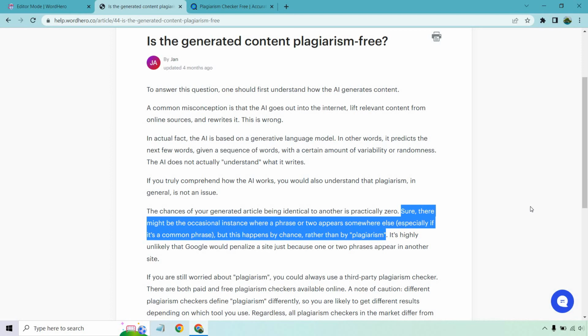Heck, this might even happen when you write it and not even realizing that it's going to be a similar phrase elsewhere. That doesn't mean you plagiarize it. It's just happened to be, like we talked about, a common phrase, which can come up in some of the plagiarism checkers. Overall, this is a great article. I think I summed that up a few times. And so if you're worrying about that, rest assured that AI is going to be great when it comes to creating high quality content, especially with WordHero.